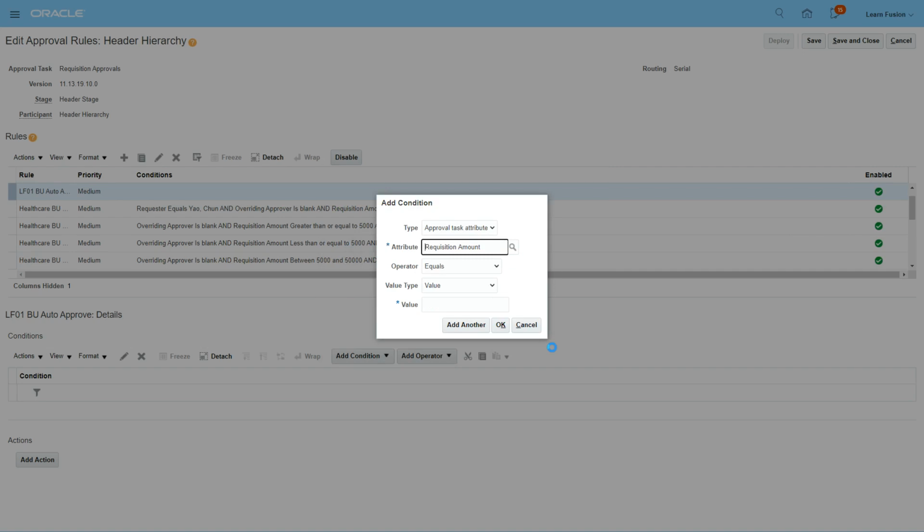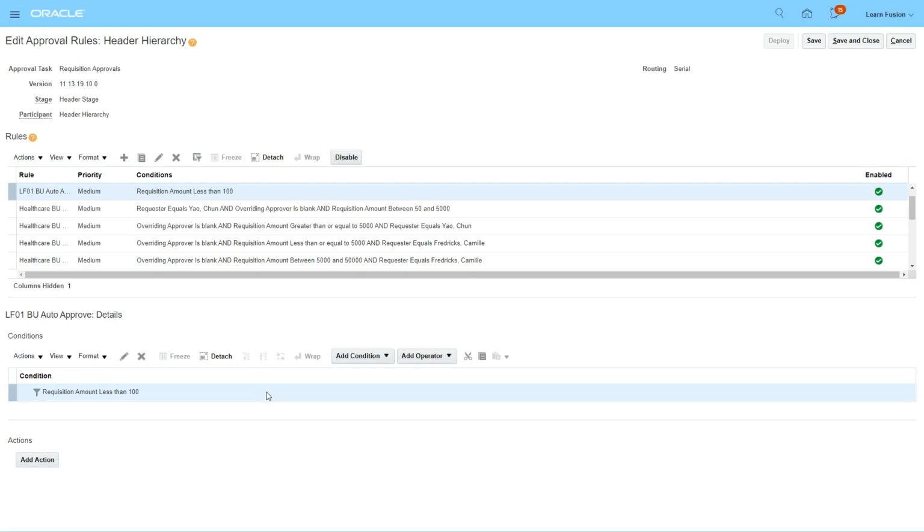I'm going to say requisition amount, and I'm going to say value is less than $100. So if I put just this condition, it will apply for all the requisitions, all the views.